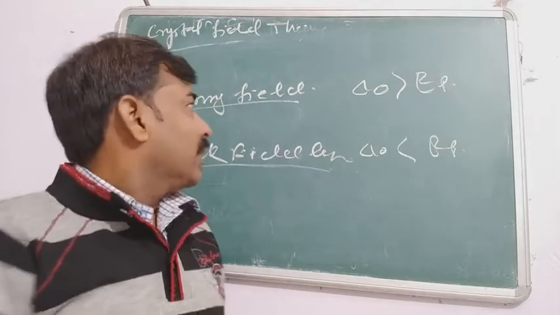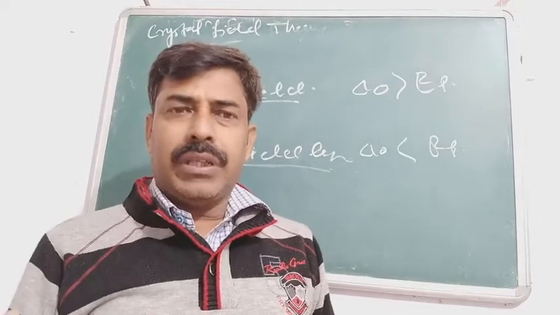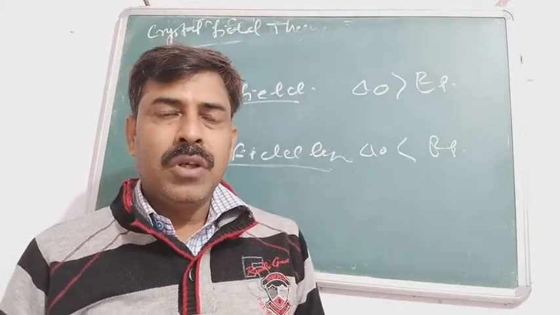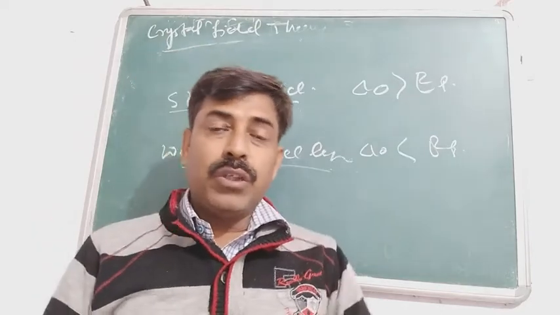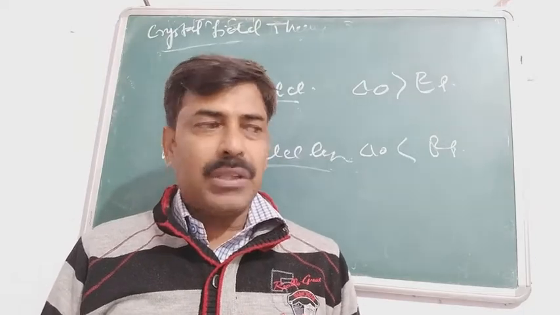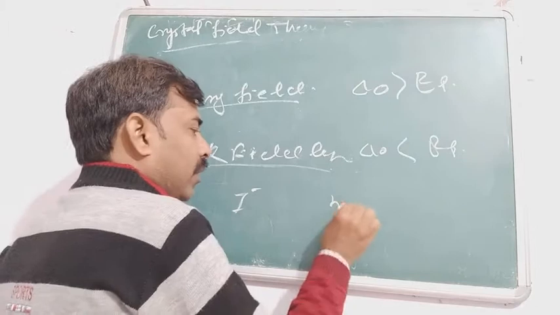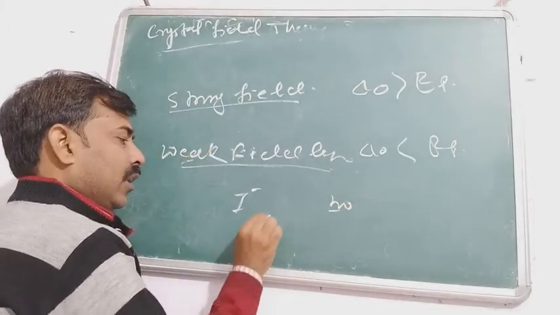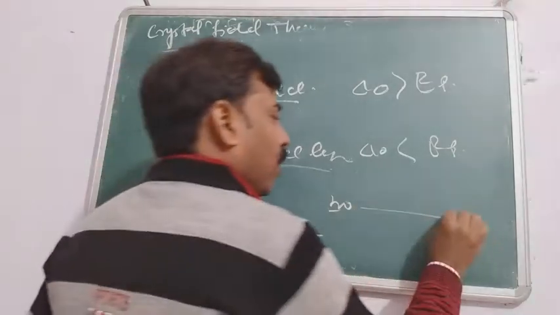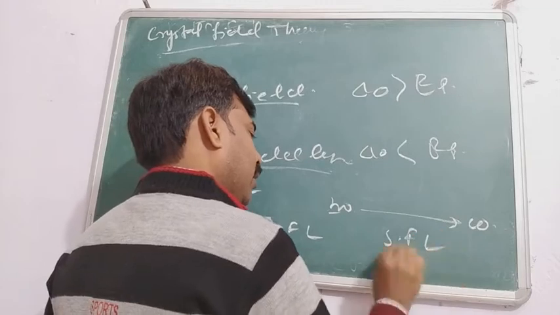You can say that the strong field ligand is almost identical with the low spin ligand, and the next one is the high spin ligand. How will you identify which one is the weak field ligand and which is the strong field ligand? When you see the spectrochemical series, from the first one, iodide, to water, these are called weak field ligands. And after water till carbon monoxide, they are strong field ligands.